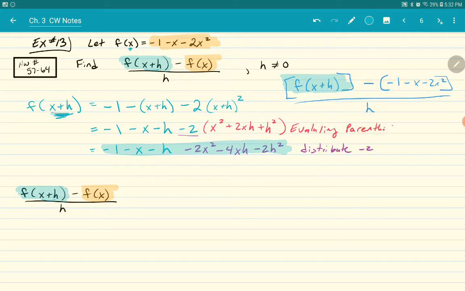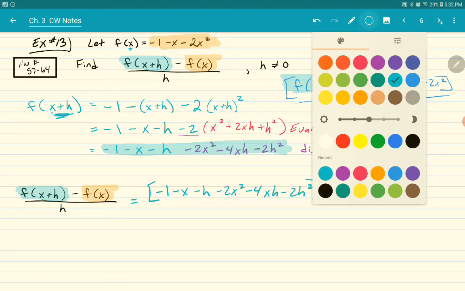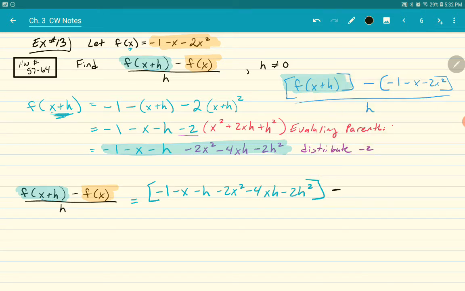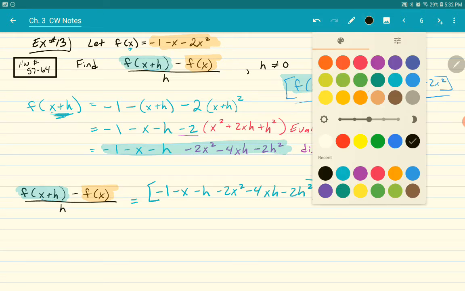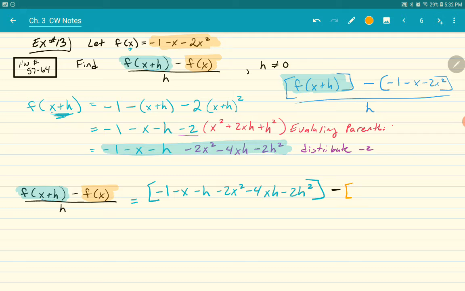So the blue part is -1 minus x minus h minus 2x squared minus 4xh minus 2h squared. All of that, and then the minus sign, and then the orange part, which is just f of x, -1 minus x minus 2x squared. All of that